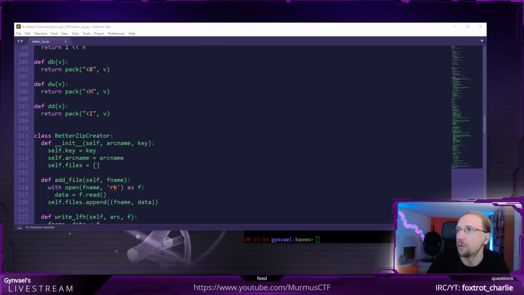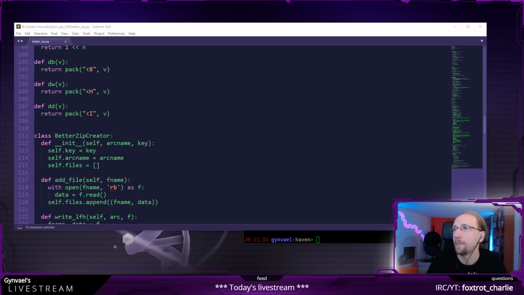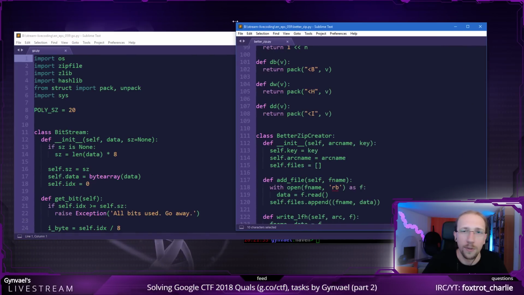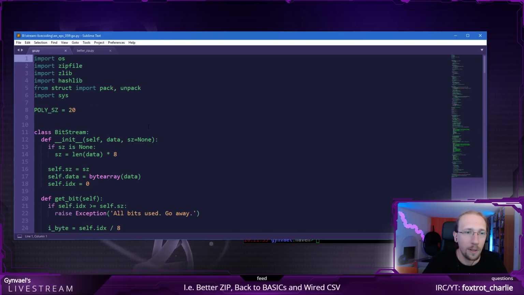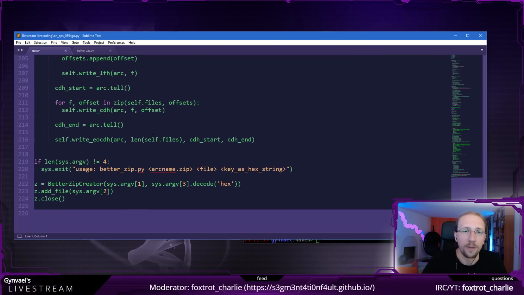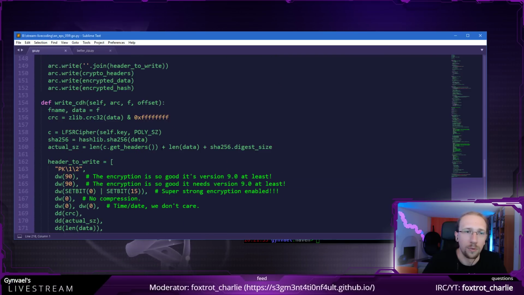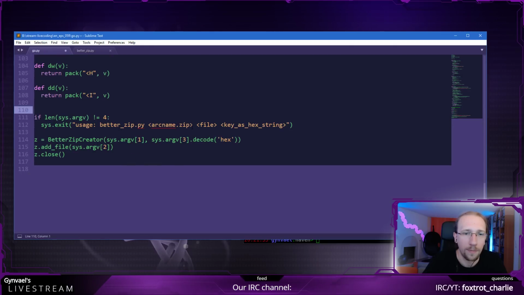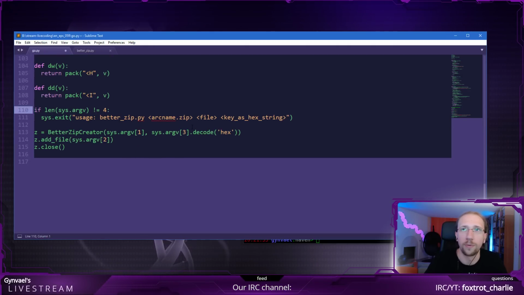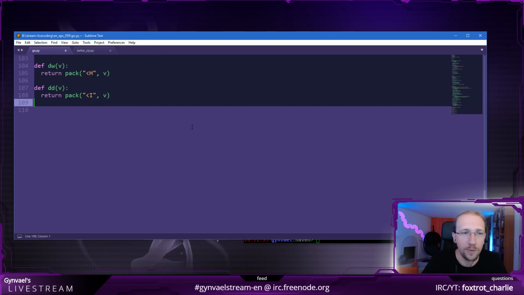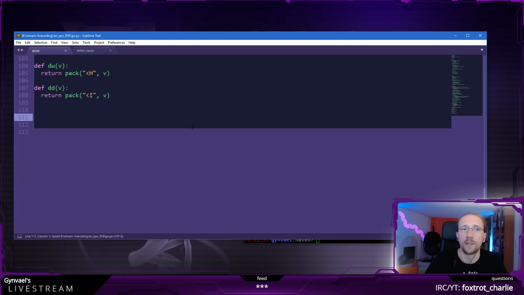I'm actually going to copy the file and name it go.py, and we will be operating on go.py and not on betterzip, because I don't want to modify it. So let's start with actually reading the zip file, because this is the writing of the zip file, and I do not want to handle that. I do not care about writing, I care about reading only, because we need to read that zip file. So this goes away, and now we need to read the data.